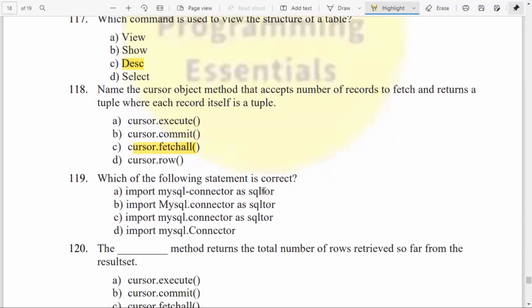Which of the following statements is correct? Like, you are importing this connectivity. So is it A, B, C, or D? What is that? import mysql.connector as any alias identifier name. So here mysql.connector you can see for B, C, or D. Okay. So here what happened? My M is capital, so that cannot be used here. This is correct, but all are in small case letters, so this can be used. Then we'll check D, mysql, but connector is coming in capital letter in C. So option C is the answer.